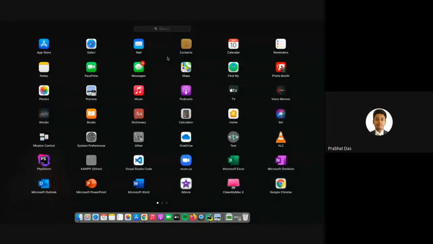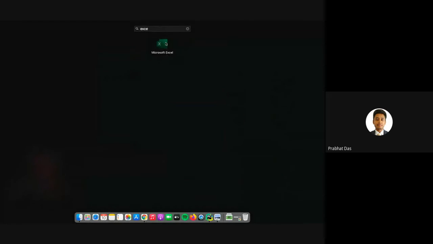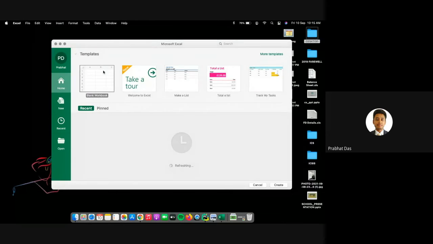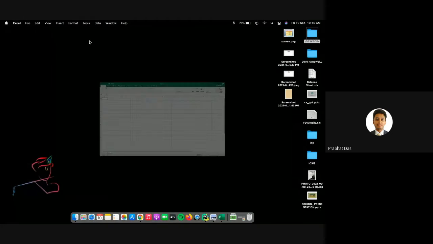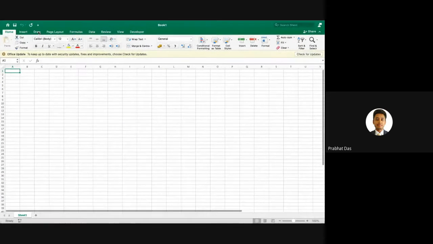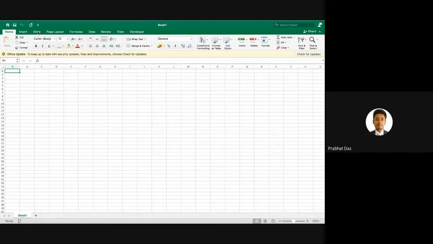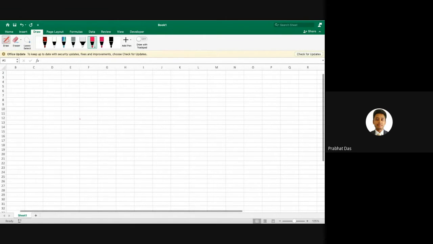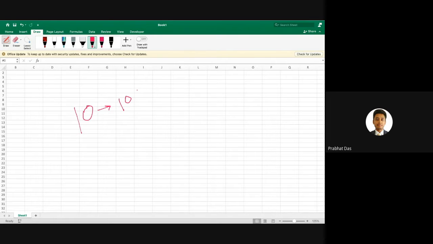Now let's move over to our drawing board so that we can understand it perfectly. For 10, the value is 1010.